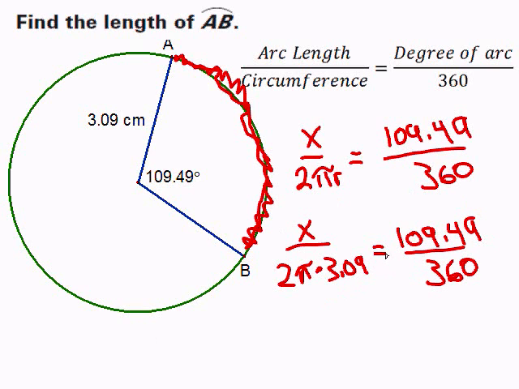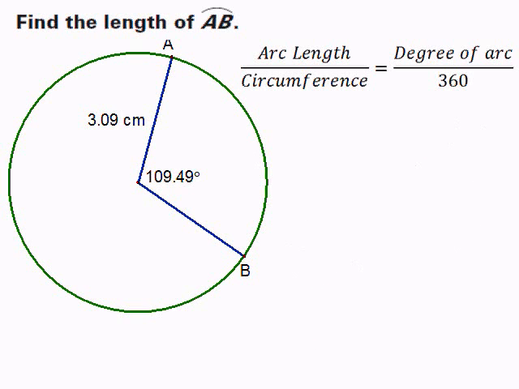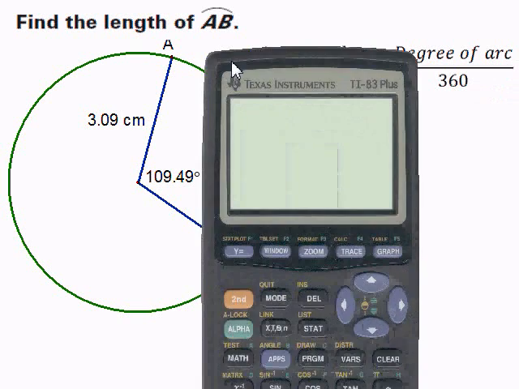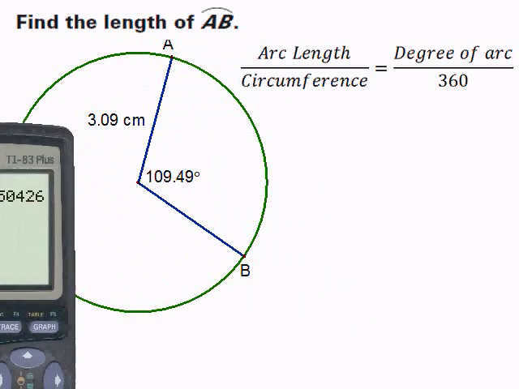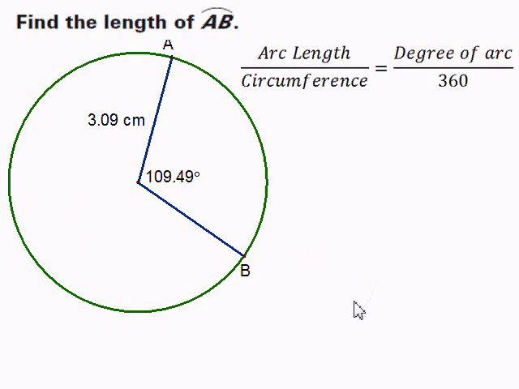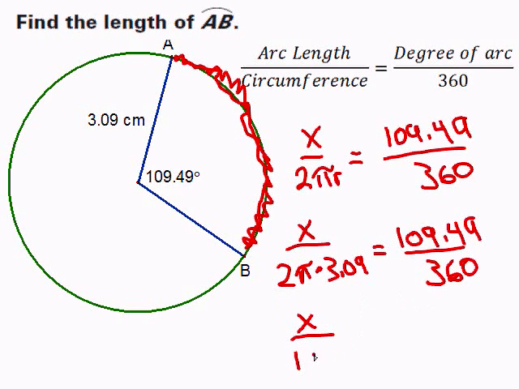So all I have to do now is cross multiply. 2 pi times 3.09. Might want to turn that into a number first. Matter of fact, I'm going to do that. 2 pi times 3.09, I'm going to use my calculator. 2 pi times 3.09, and I get 19.415 or 19.42. So we get 19.42 is equal to